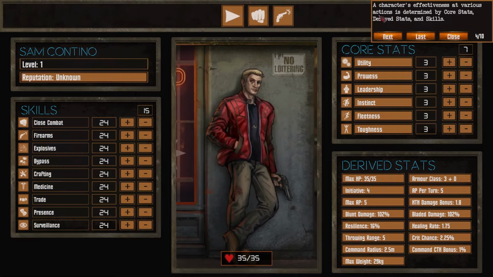The character's effectiveness at various actions is determined by core stats, drive stats, and skills. You can hover over any of the stat or skill names, etc. Vigilantes is a combat-oriented RPG, so developing one combat skill from the start is highly recommended. Once you have allocated stat and skill points, click the...